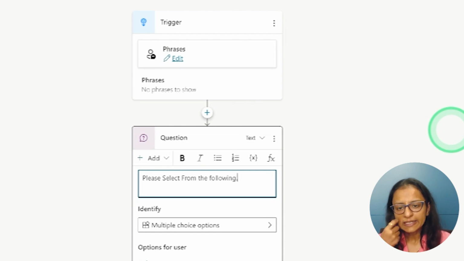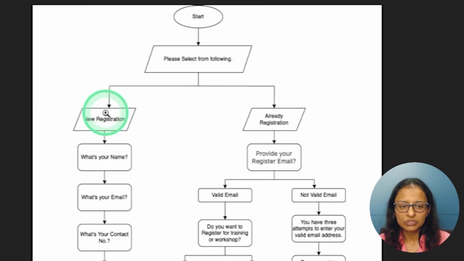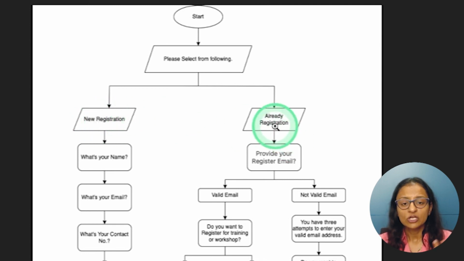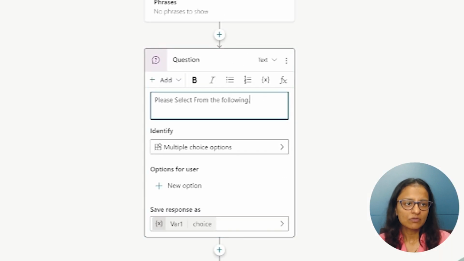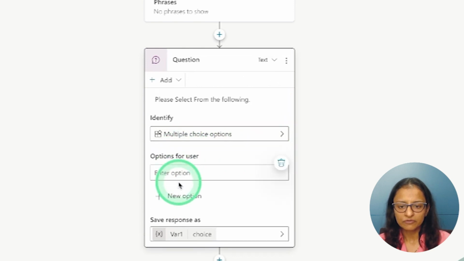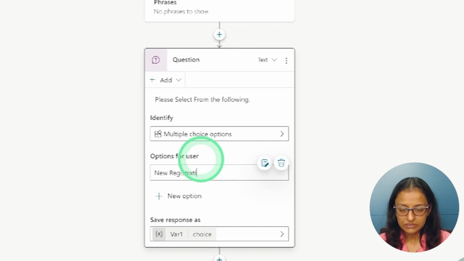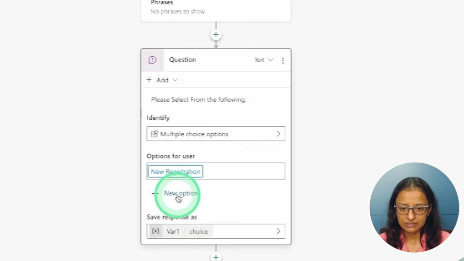Okay, and here we are asking the students whether they are a new registration or already registered. So they have two choices, or you can say they have two options. For that, you need to select a multiple choice option, and then here you need to add your first option, that is new registration, and the second one is already registered.